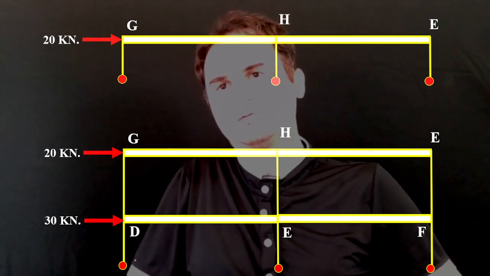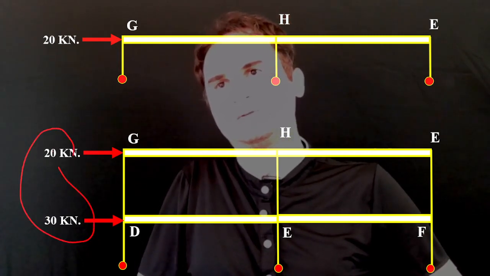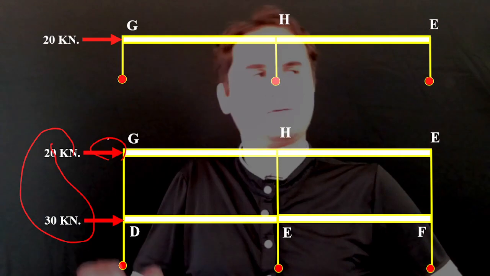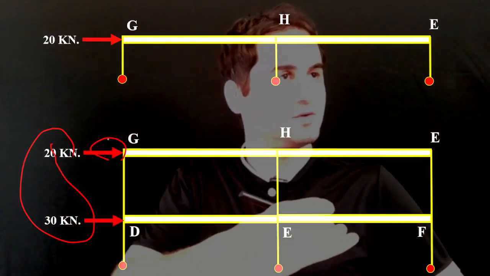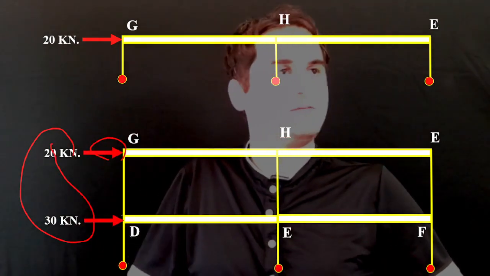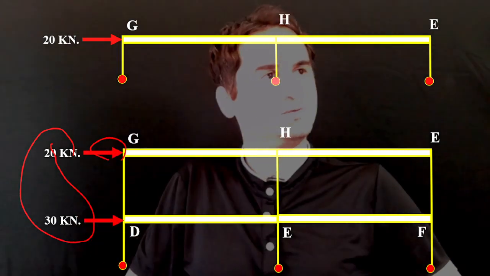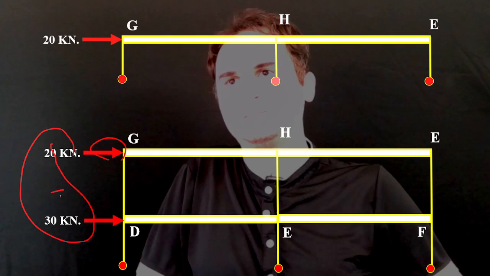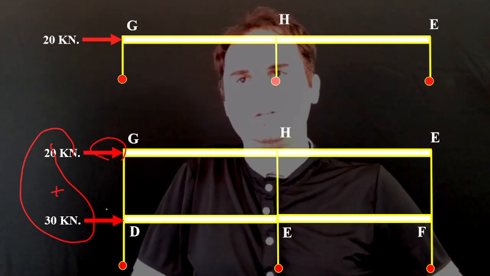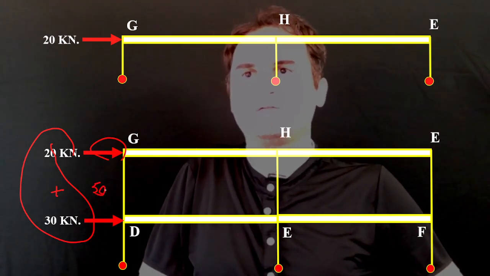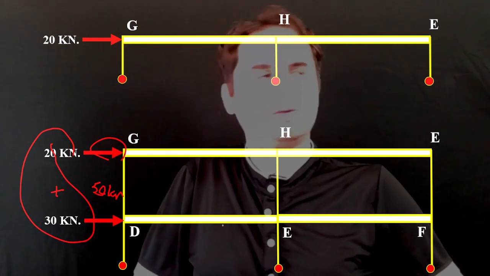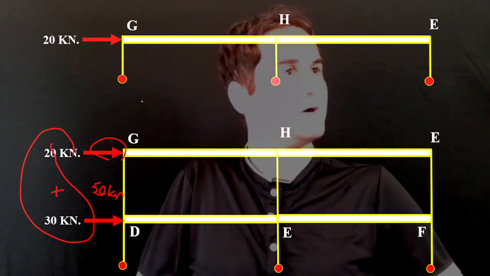So for the overall part, there is the 20 plus 30, which 20 applies to the first story. If you want to consider the lower level, you have to add up the upper level to the lower one. So that's 20 plus 30, which makes a total of 50 kilonewton applied to the two-story building here,